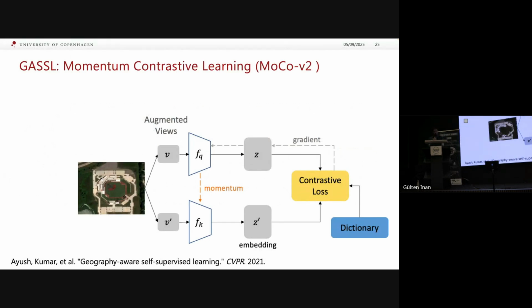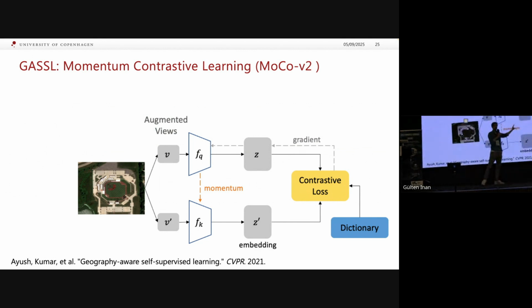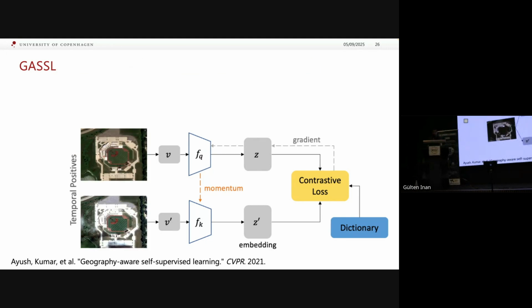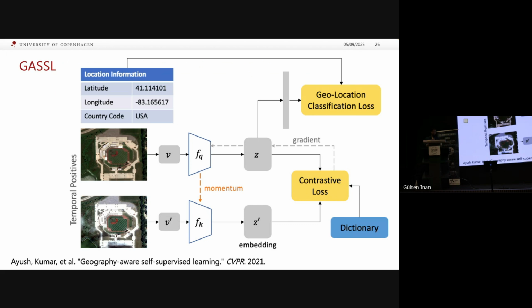And so what do they do then with this time series? This is the same concept as I explained before, where we would take an image and we would like to have two different views out of it to then learn a representation in which positive pairs are close together. So what they do is they simply use images from two different time steps and tell the model, oh, that's the same thing. It should be close in feature space. And on top of that, they also use the geolocalization task to then learn representations on top.